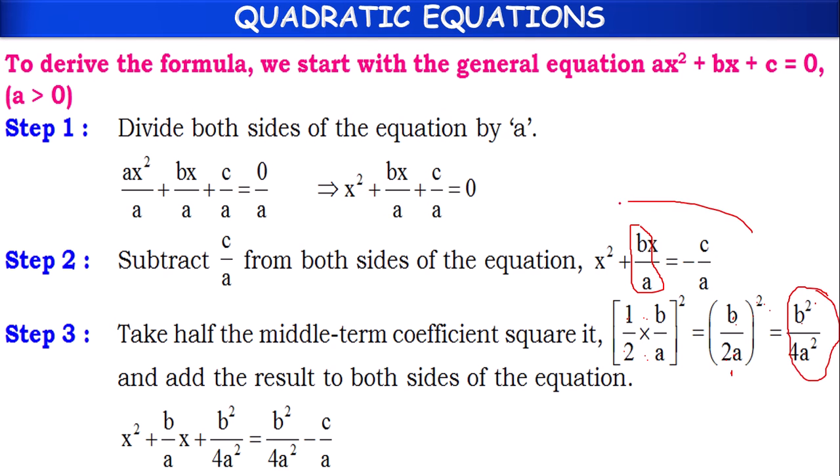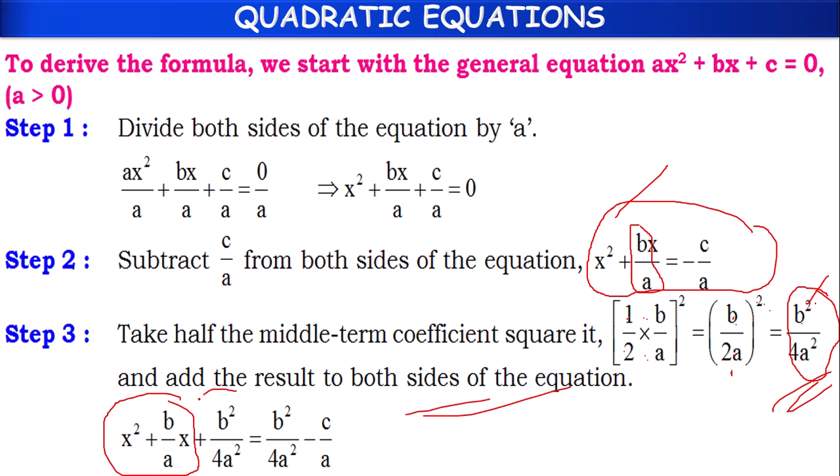According to the completing the square method, if you want to write like that, then we have to add this term on both sides of the equation. So for this term, let's add b square by 4a square. For minus c by a, let's add b square by 4a square. Because c by a is having a minus, that's why we have written it last, and b square by 4a square we have written in the first.